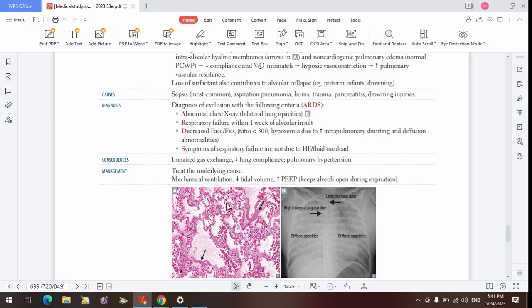Dr. Rowley, if I understand what you're saying, the whole idea of having a positive pressure is so that there can be a difference in the gradient. Because I know that normally there's a negative intrapleural pressure in the chest that allows air to move into the lungs. But now, in someone with ARDS, we are giving positive pressure from outside, so that's creating a gradient so that air can flow out of the lungs. Is that it?